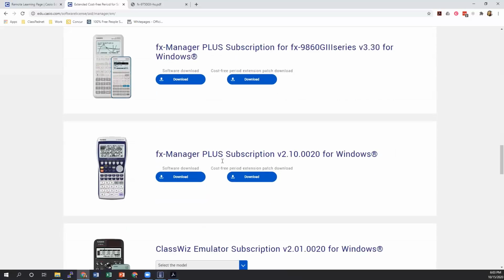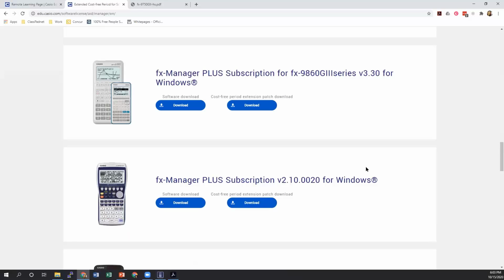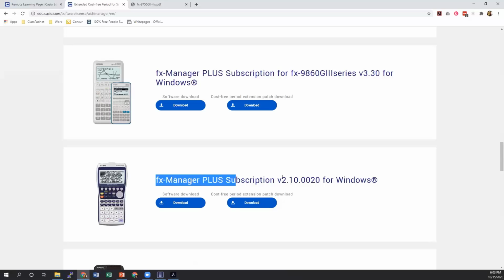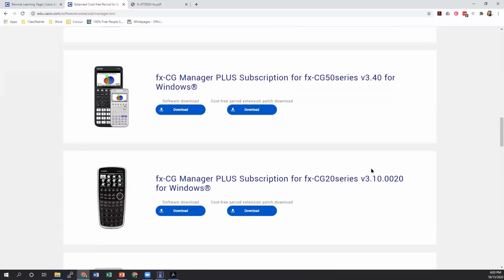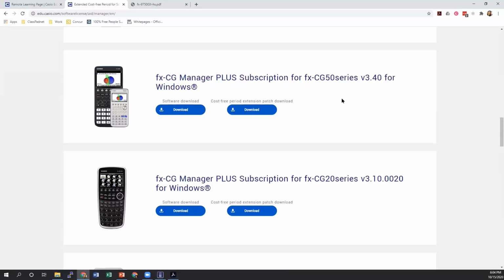But you also have options to download some of the other ones we have. If you're looking for the G2 series, this is the calculator you would want to download here. It does the same thing. It has the different models, so that has the 9860 G2 as well as the 9750 G2. Or if you're looking to download software for one of our color graphing calculators, I would recommend the CG50, which is this one here. Yeah, which is the newer version.